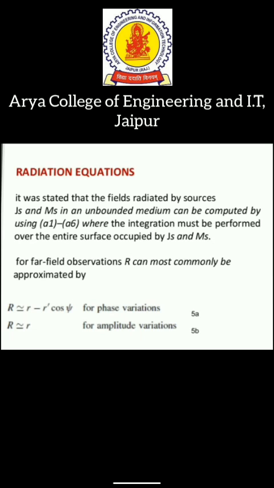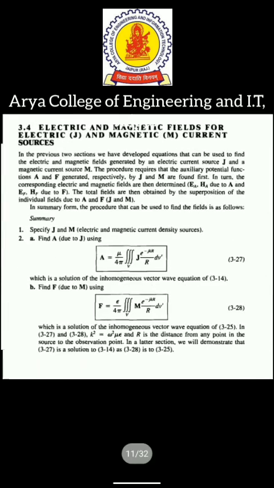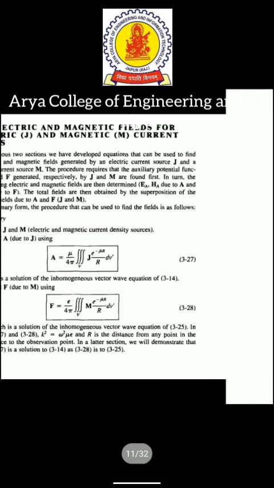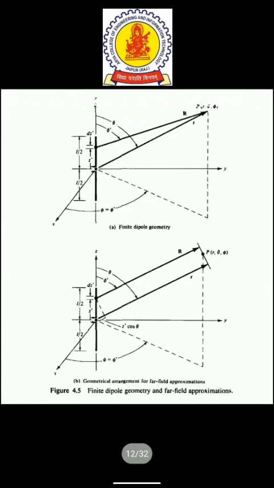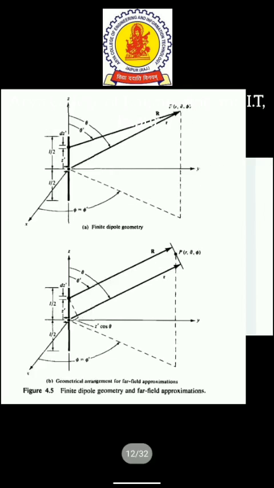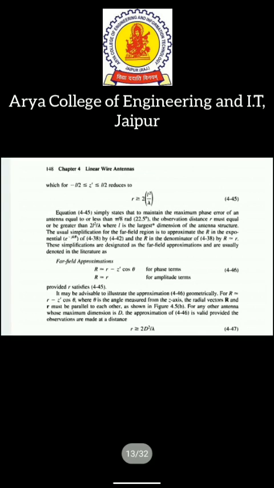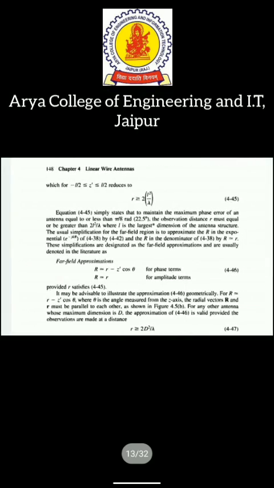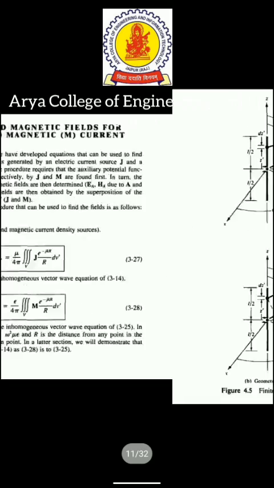If you think this is new, then I will make you familiar with it. We were studying this section, these are the geometry coordinates for far field approximations, which we are considering. We are continuing with this geometry only. Here it is clearly written that this is the far field approximation for R, which satisfies the equation for the far field zone.